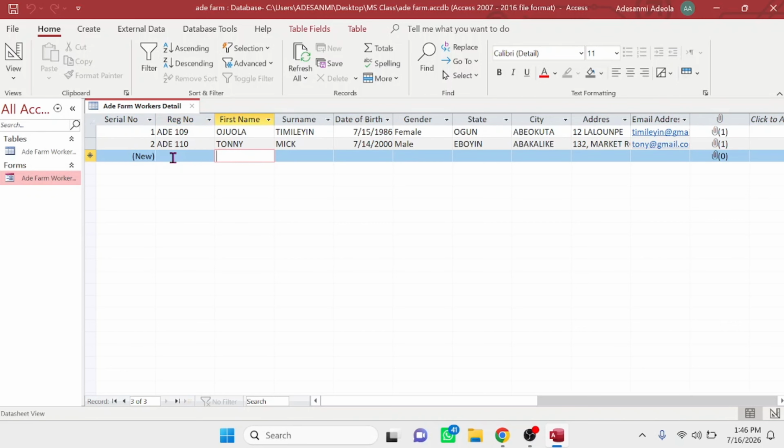Maybe this is Ade 092. Then click on tab to move to the next name. Ade 092, the name is Mary, or let me say the name is Paul. That is first name, and the last name is Paul. The first name is John. Then date of birth, you can add date of birth here. Let's say he was born on the 10th of August